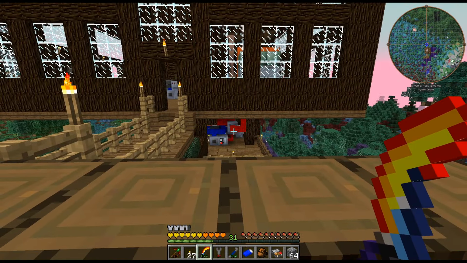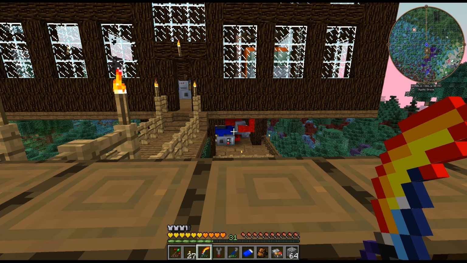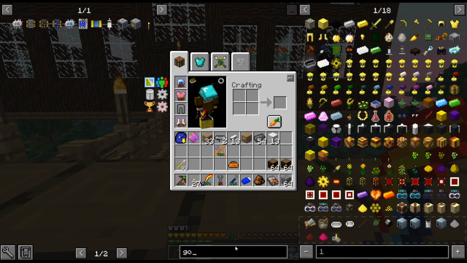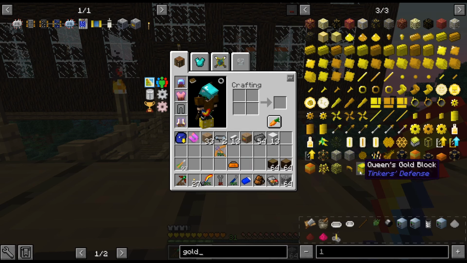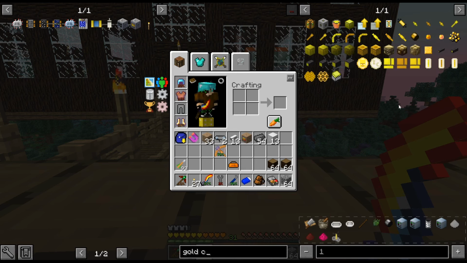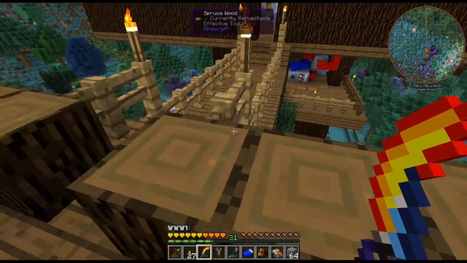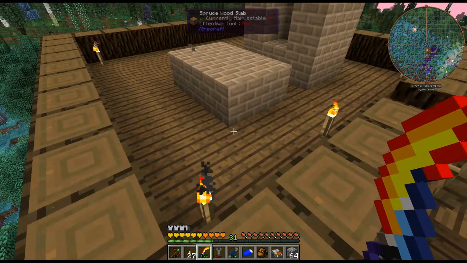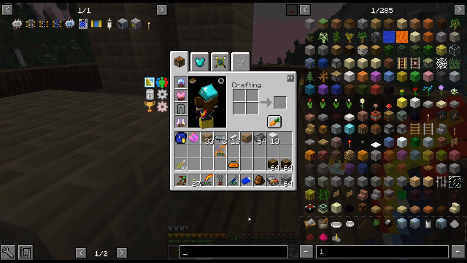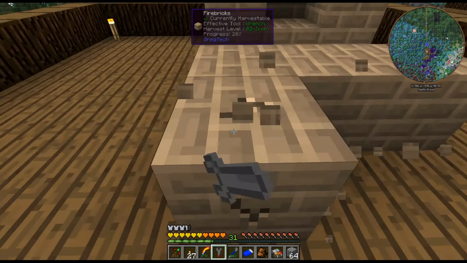Just trying to think, because the cable loss right now is a bit painful. But once you start getting to HV, it really starts being less and less of an issue until you get to a point where you don't even think about it anymore. Because this is 2 loss, and then if you're doing like 4 amps, you're losing... Actually, if you use gold cables, you'd only have to use 2x. So you'd be losing 4 per block. And if I'm running like 30 blocks, you're losing 128 EU per tick. And that can start causing issues when you have recipes that require 480 EU per tick, because then...